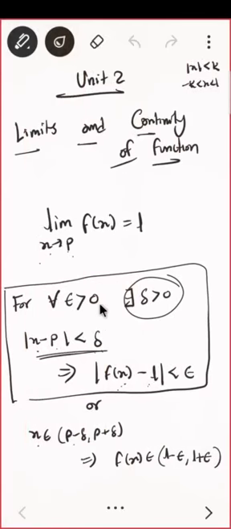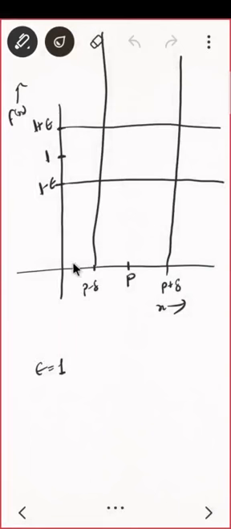For all epsilon positive, there should exist a delta such that for everybody the following should be true: x minus p is less than delta. That means all those x which are satisfying this property, all these x which are lying here, their image should be in this rectangle. That is, their image should be in this band in particular. Do you see?